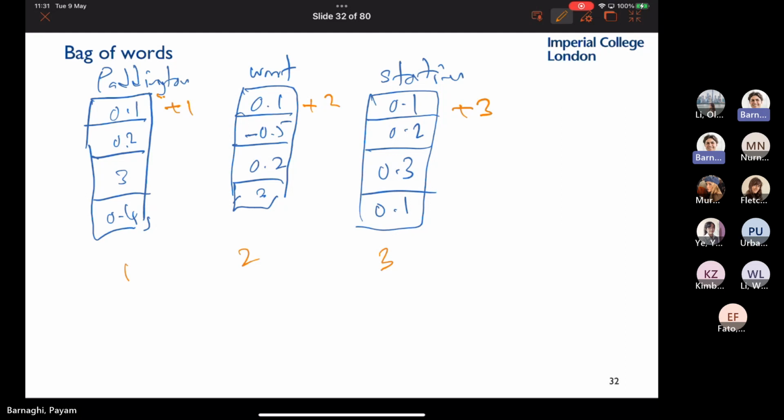The problem was, how do you add that 1? Should you add 1, 2, 3, 4? The first issue is that the length of the sentence will have an impact. If your sentence is long, it will have an impact. How do you do something relative? Another thing is, where do you add it? Here, my encoding has 4 dimensions. How should I add that 1 to the 4 dimensions? Any suggestions? You could add it to all of them. You could add it to the nth element according to its word position.